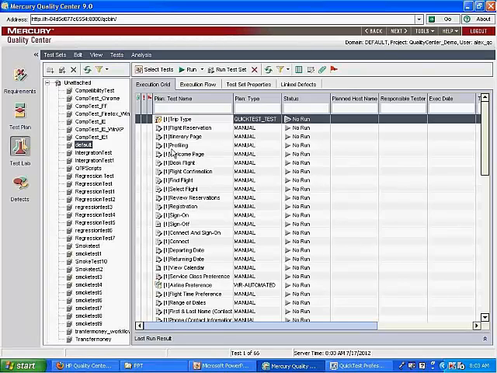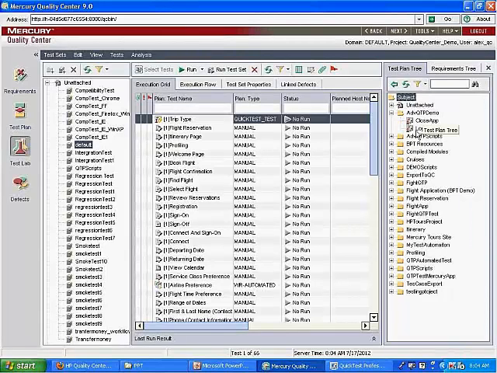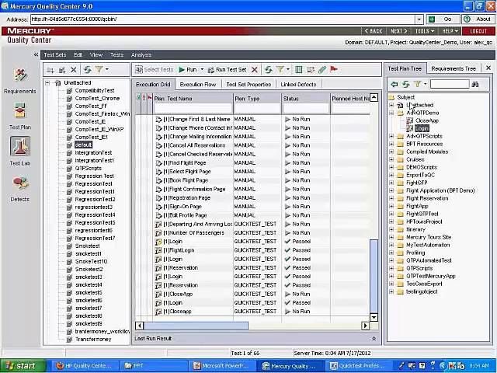So batch script run. That's where you can add your scripts. So if, for example, this is the default test set, I want to add my scripts to this default test set, and then I want to run them. So click on this Select Test button now, and then navigate to your project folder, say Advanced QTP Demo, and you should be able to see your scripts. And now you can add those scripts. Okay, so I'm going to add those scripts from this folder. So select the script and click on this run button,